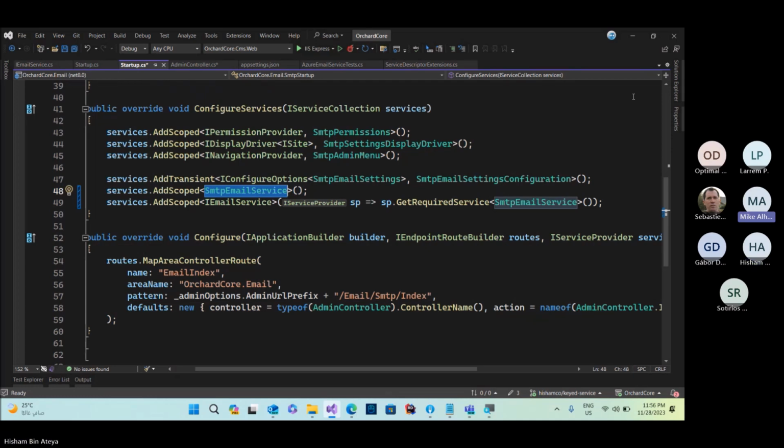You click that menu item, and you'll see radio buttons with all the implementations that are available. So in this case, you'll have SMTP service, or you'll see the Azure service, or if someone else wants to add some new service, they're able to very easily because they can just inject a keyed service.